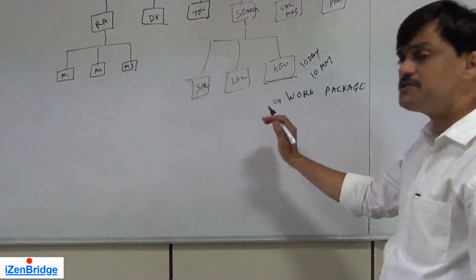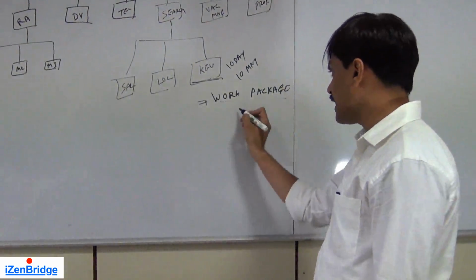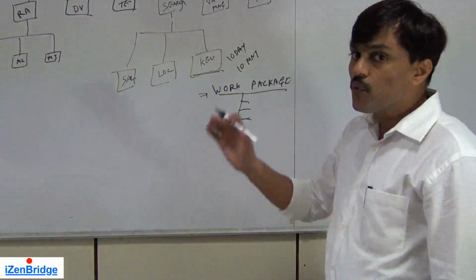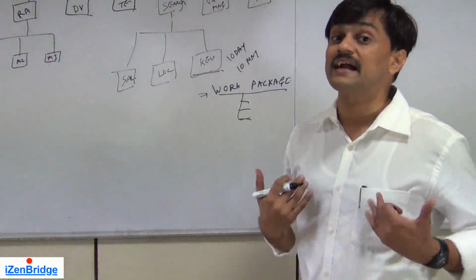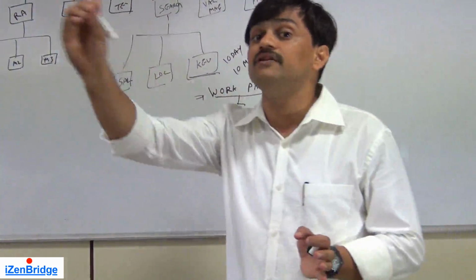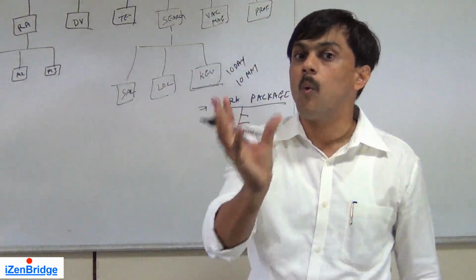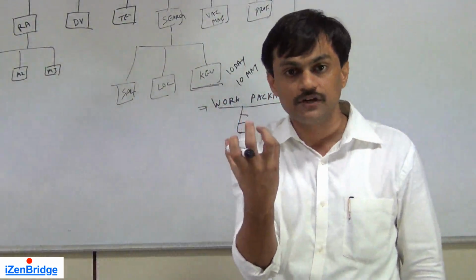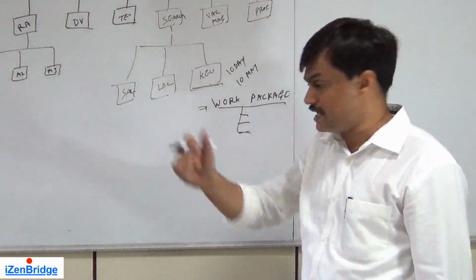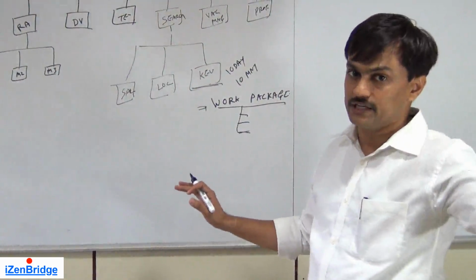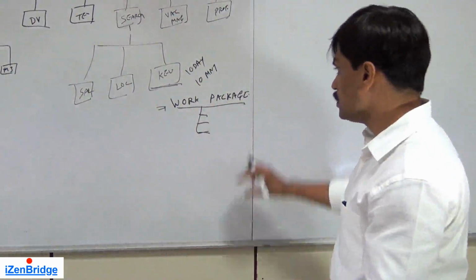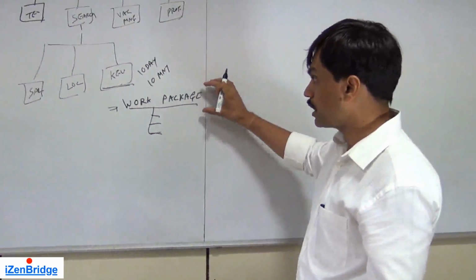And when we do the time management knowledge area, we will divide this work package, or we will identify activities for executing this work package. So in a work breakdown structure, we are not talking about activities. We are not talking about going from here to there to get this deliverable. No, we talk about a work package, a component of a deliverable which works as one unit. The defined activities to get that package come under time management, the define activities process, which is a separate process and not part of create work breakdown structure. So the leaf node of a work breakdown structure is the work package.